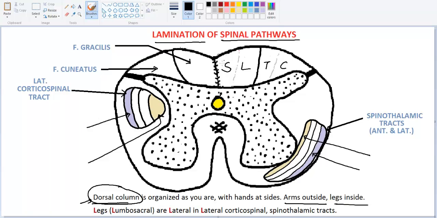Since the sacral fibers were the medial most in the dorsal column, they are the lateral most in every other tract. And while the cervical fibers were the lateral most in the dorsal column, they will be the medial most in every other tract. So you can see the spinothalamic tracts, both anterior and lateral, and the lateral corticospinal tract have an arrangement opposite to the dorsal column. It's not important which mnemonic you use to remember this lamination, but it's important that you know this lamination,